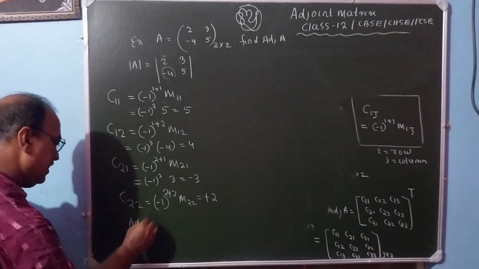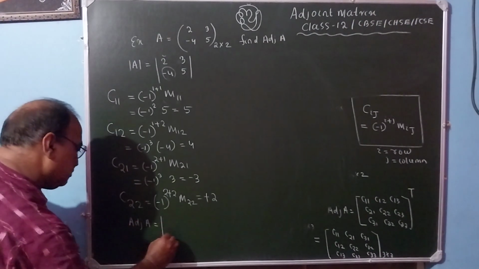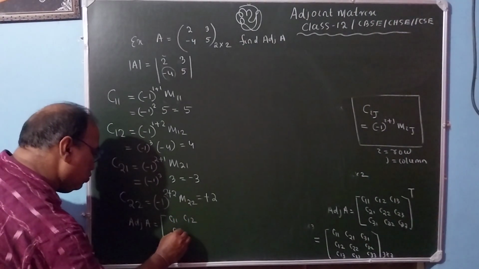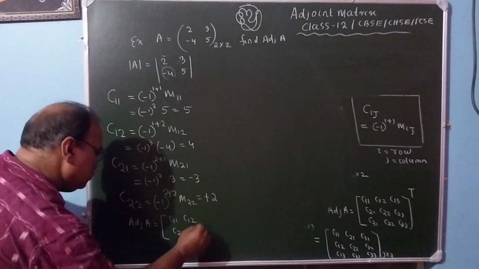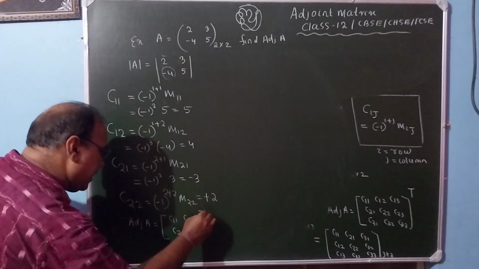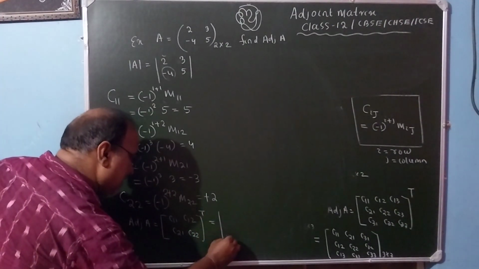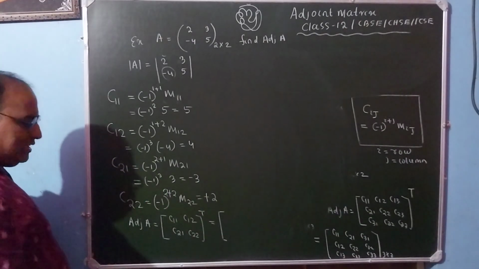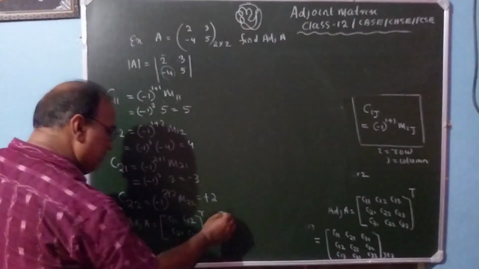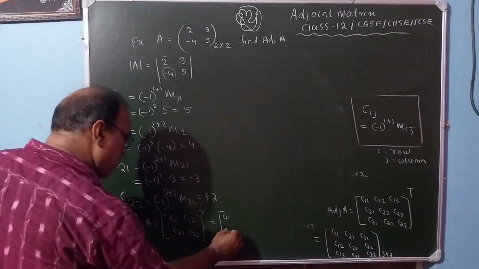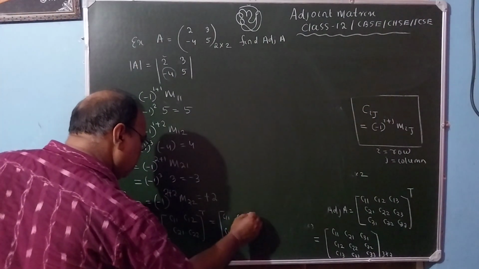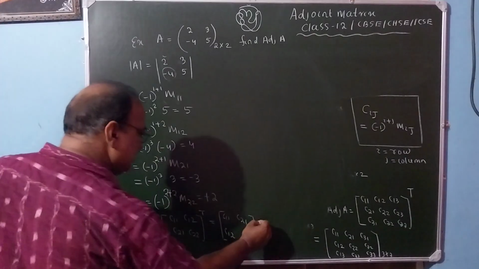Okay. So adjoint of A, write down. Adjoint of A means transposing the cofactors C11, C12, C21, C22, whose transpose you have taken. Transpose means rows are changed into columns and columns are changed into rows correspondingly. C11, C12, C21, C22. So the result is